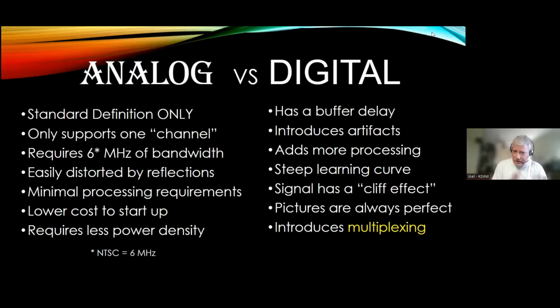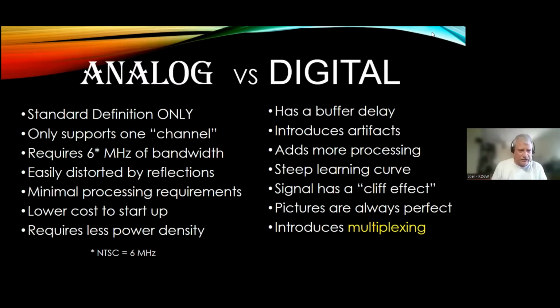So if you remember, standard definition is where we came from. It only supported one channel at a time. So when you turned to that channel, you got that channel. And it, of course, required 6 megahertz. Obviously, if you're in Europe and other places, it's even wider, 7 and 8 megahertz. It's easily distorted by reflections. You would have to change the rabbit ears and try and get a better picture